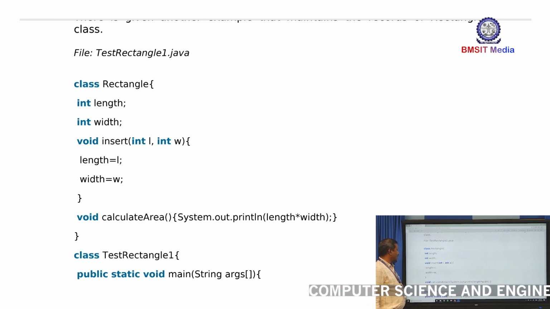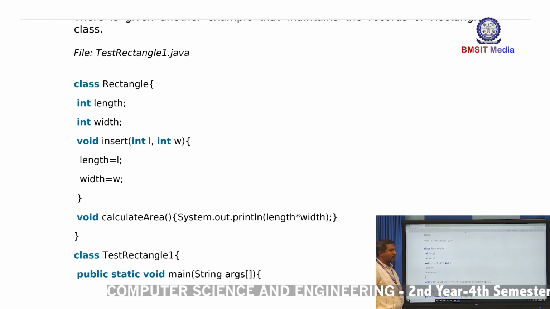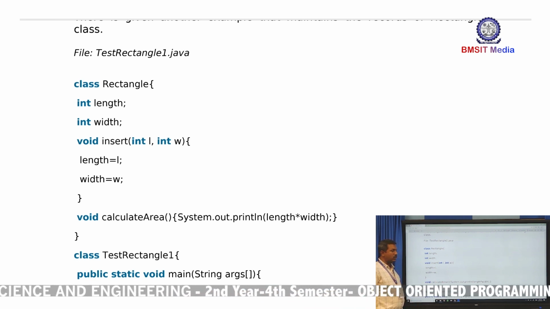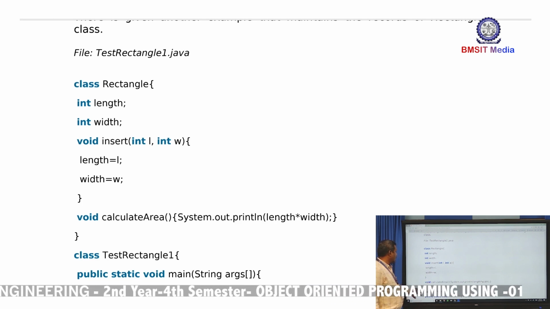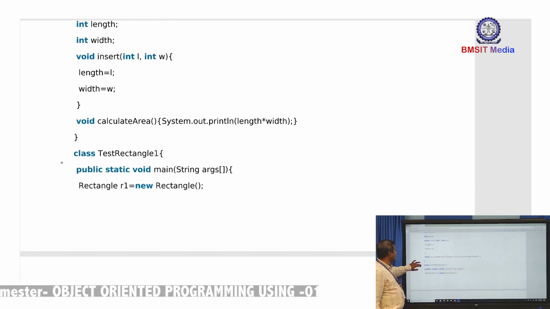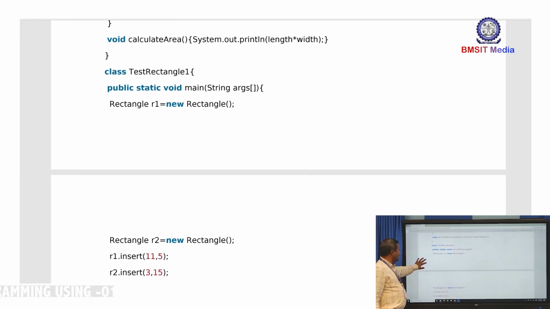And we have calculate area, one more method, which is used for calculation of the area. Directly we are calculating length into width, and we are printing the result. And we have TestRectangle1, my class which contains a main function, and inside that main function,